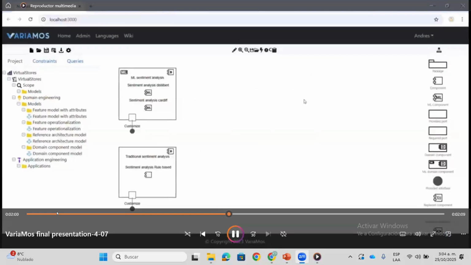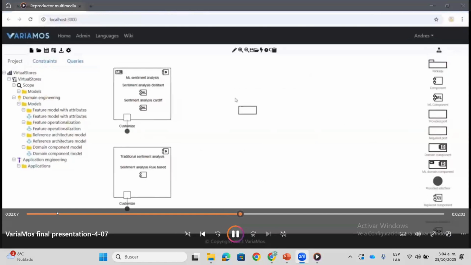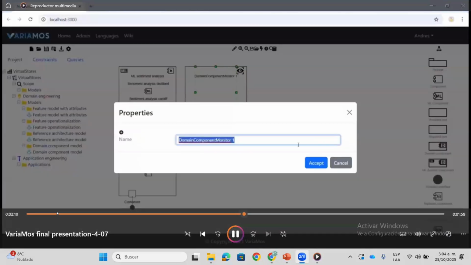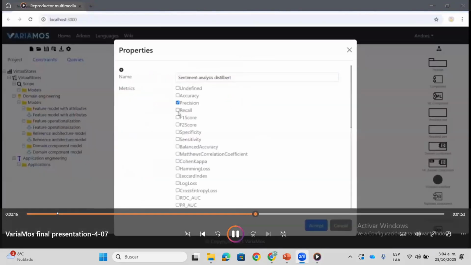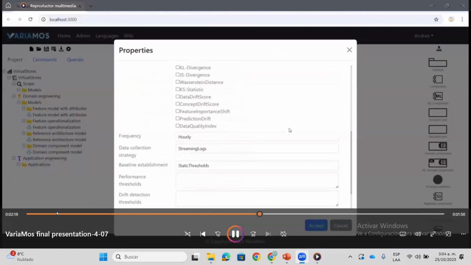To implement the recommendation of systematic monitoring of machine learning components, at VariaMos we defined a dedicated monitoring component, which allows us to establish the strategy, observation, and control for each machine learning component specified in the product line. In the case of the DistilBERT sentiment analysis component, this monitoring mechanism allows us to select relevant performance metrics such as precision and recall, define the frequency for evaluating these metrics, for example, a daily evaluation, configure the data collection strategy for evaluation such as continuous real-time log capture, establish a reference for comparing current results like a 7-day moving average,